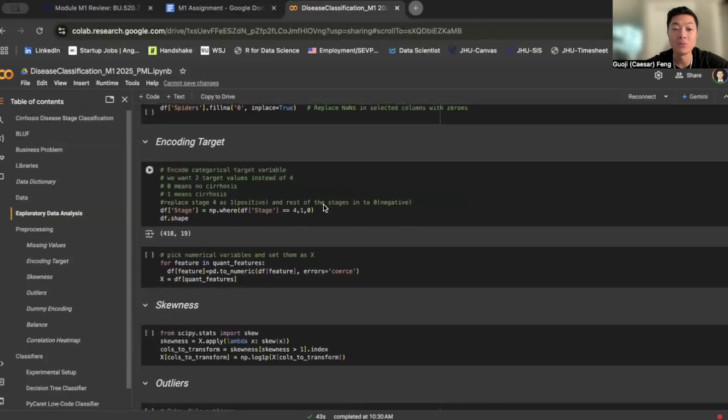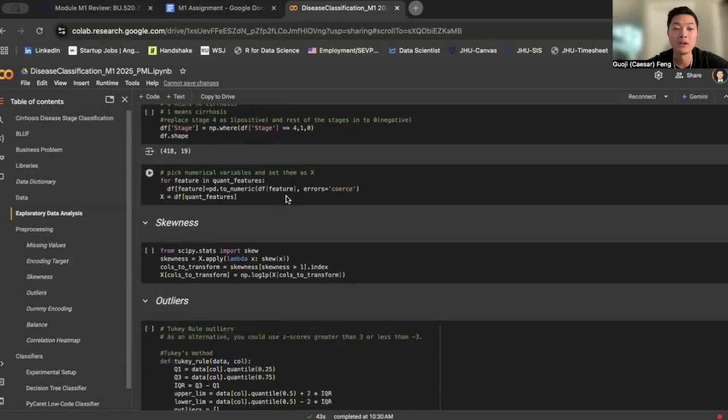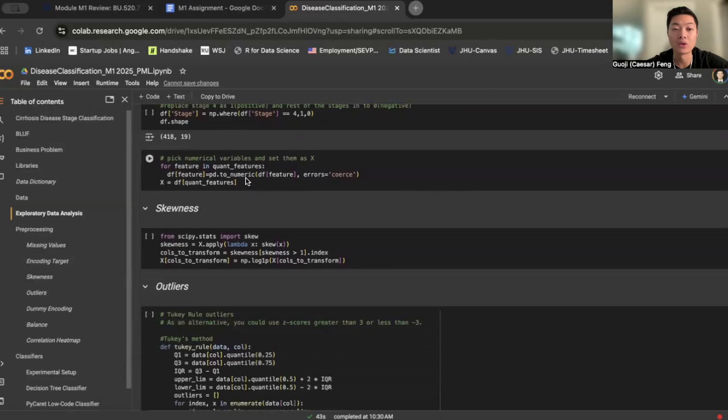And then the most important part is to encode our target into a binary variable. So we are using an if statement with the NumPy function where. There are 1, 2, 3, 4 stages for the patients. We replace stage 4 as positive, which means the patient will get cirrhosis, and the rest, 1, 2, 3, into 0, which means negative. We will also pick some numerical variables and put them into X,